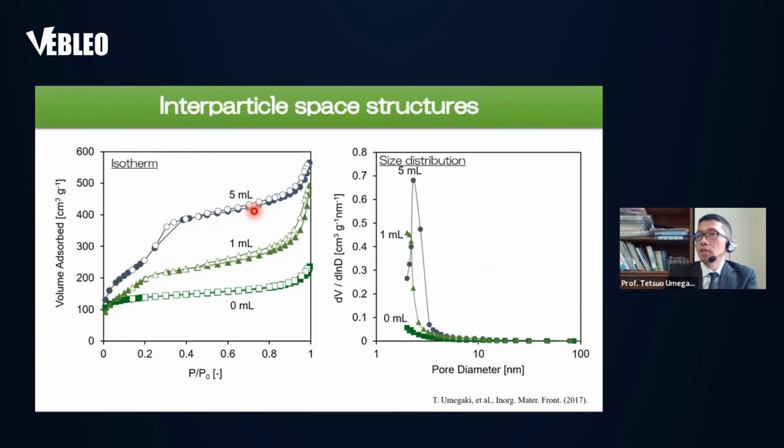The result reflected the size distributions. The interparticle spaces with a size of around 2 nanometers increased with increasing the amount. The results of the TEM images and the nitrogen sorption measurements indicated that the meso-sized interparticle spaces